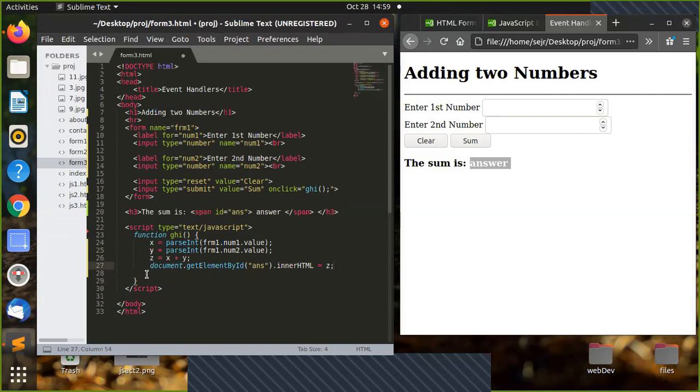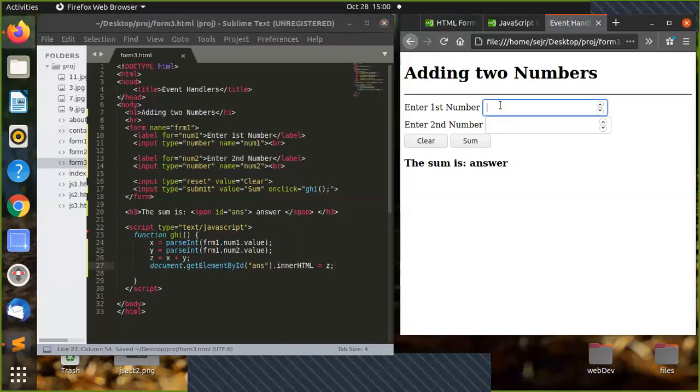So I replaced this code with document.getElementById. Using getElementById, it will get the element with an ID name of ans. Now, with this command, I'm referring to the span. In the span, I would like to change the innerHTML to c. And whatever the value of c is will be the value of the innerHTML of the span. Okay, so I'm going to save my work, reload. Okay, 12 and 12 sum